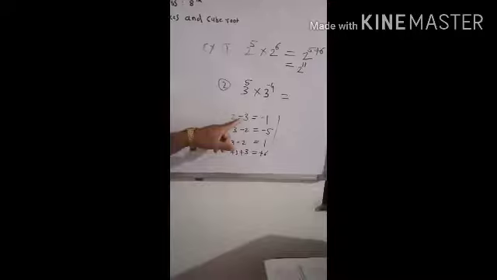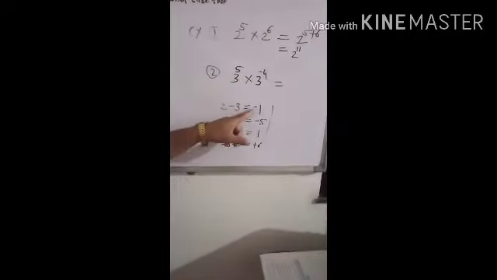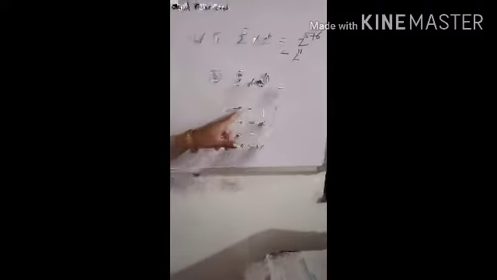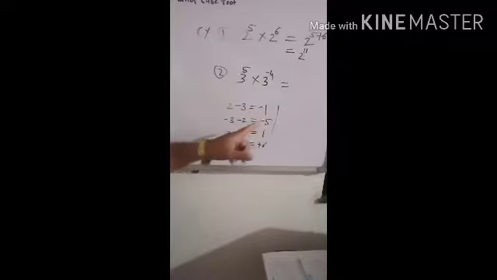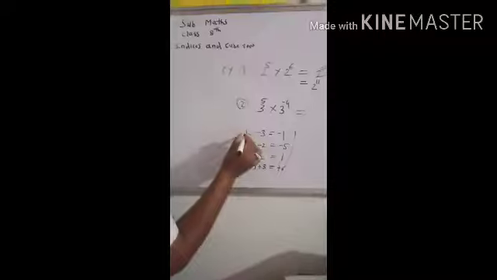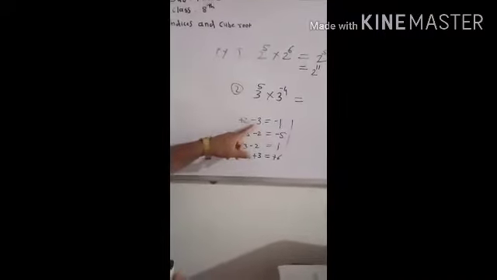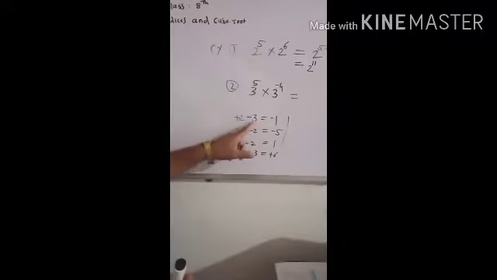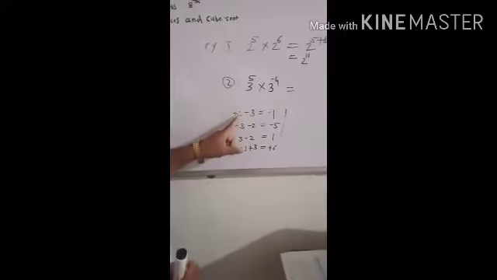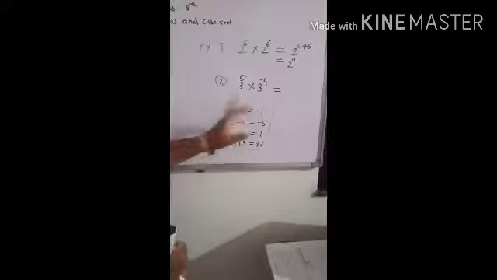When a number is in negative form and this number is greater, then we take the negative sign. When we have to do addition or subtraction of two numbers, and there is one number in positive form and another number in negative form, then we will take the sign of the greater number and we subtract the small number from the greater number. Therefore 3 minus 2 equals minus 1.